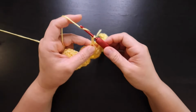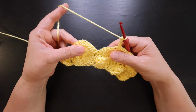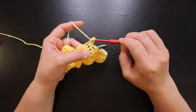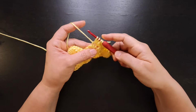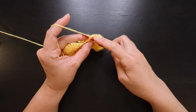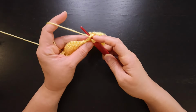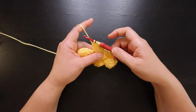Chain 3. Now we're going to do another double crochet 9 together. You should have the hang of it by now. Yarn over, next stitch, yarn over, pull up, yarn over, pull through 2, 2 loops, yarn over, next stitch, yarn over, pull up, yarn over, pull through 2, 3 loops, yarn over, next stitch, yarn over, pull up, yarn over, pull through 2, 4 loops, yarn over, next stitch, yarn over, pull up, yarn over, pull through 2, 5 loops,